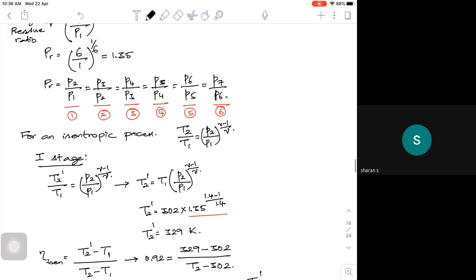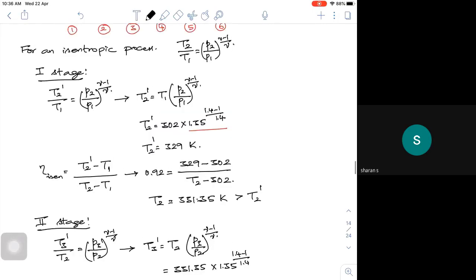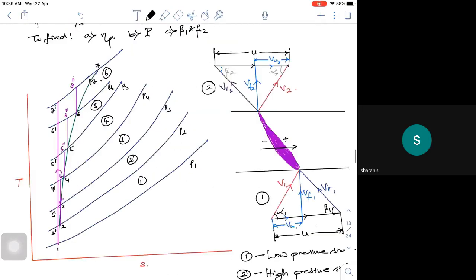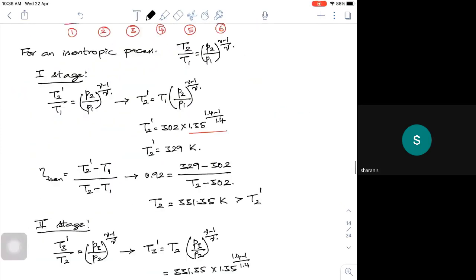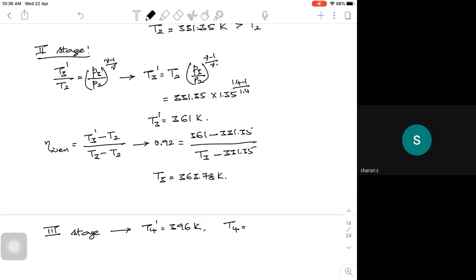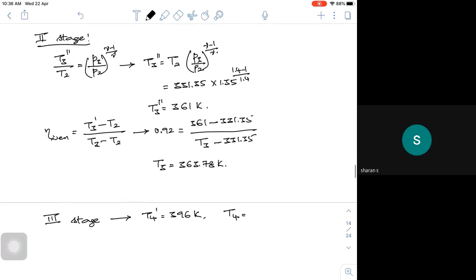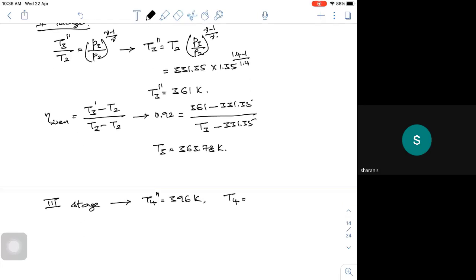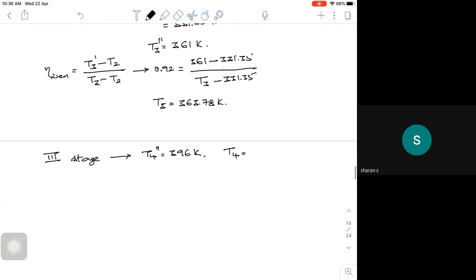Then it is T2 dash. From the second stage onwards, it's T3 double dash. Yes, T3 double dash, and T4 double dash and corresponding T4. Thank you. Because T1 dash and all, I have taken on the one single stage. Yeah, fine. T4 is equal to